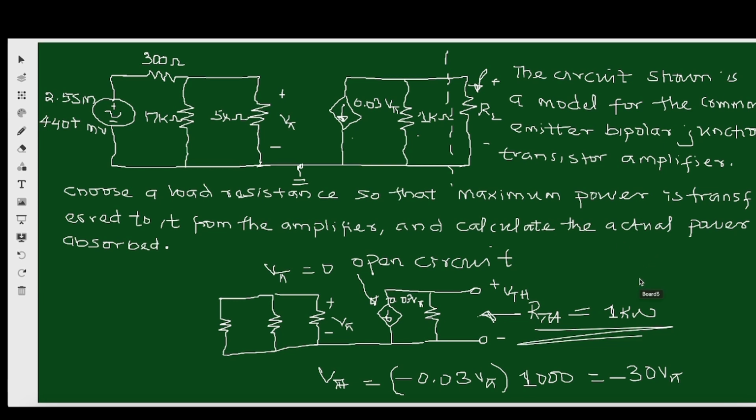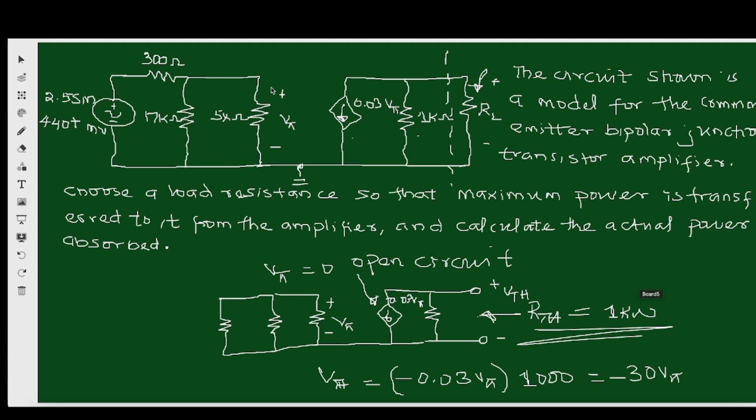That's very simple. That's very, very simple. We use the concept of voltage division. Look at it here. This is a voltage source. This is 300 ohms. And this is the V pi we are looking for, right? So this V pi is the same voltage on 17 kilo ohms. Why? Because they are in parallel. Components in parallel have the same voltage, right? So because they are in parallel, they have the same voltage. So I can combine these two and use them to get V pi